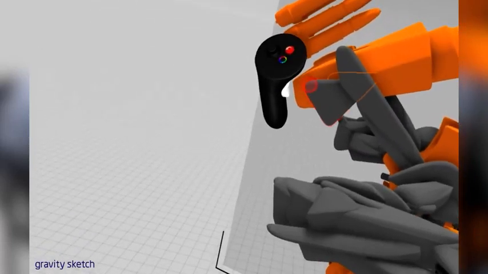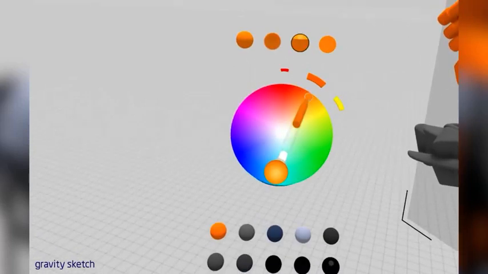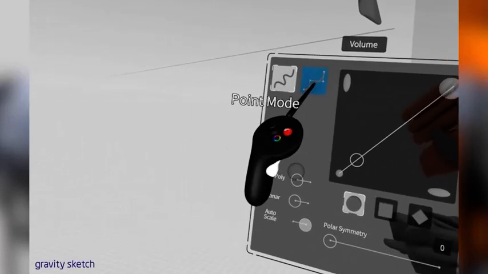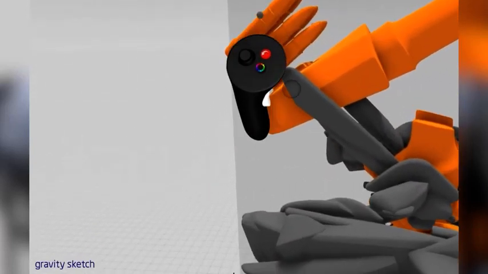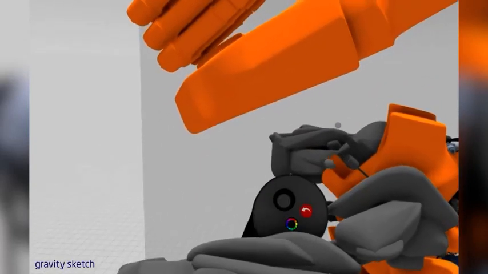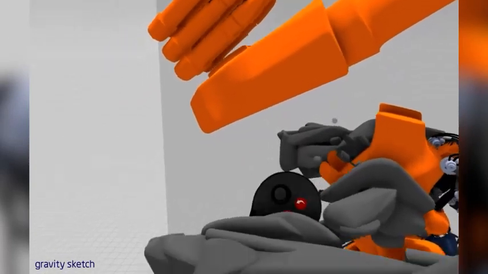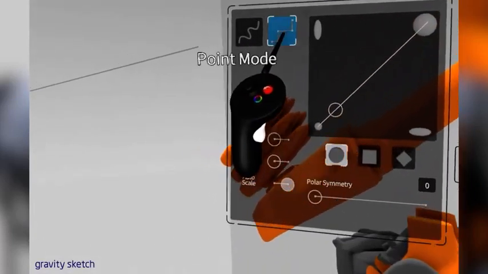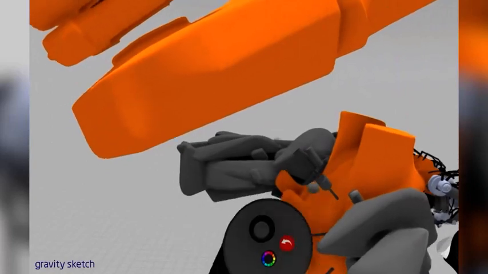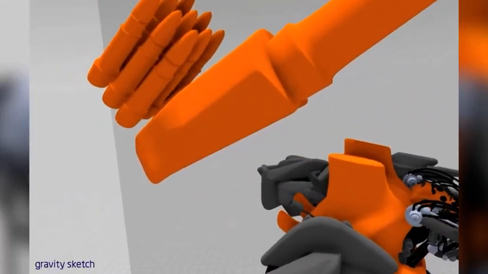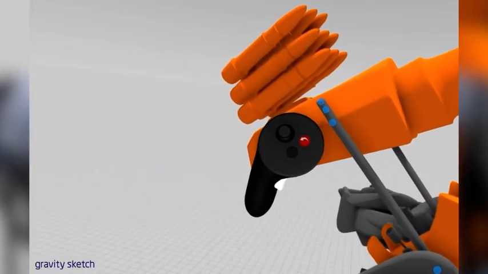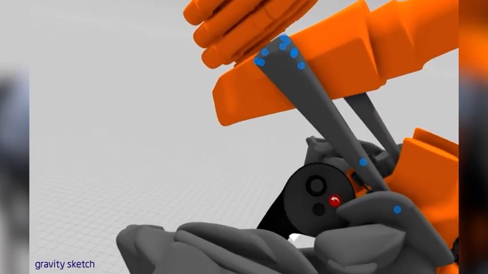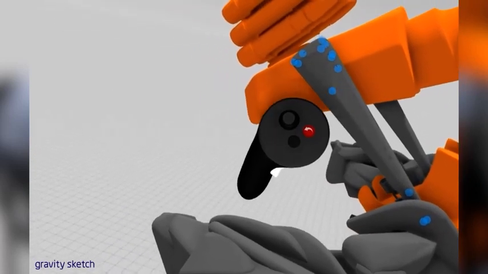So we'll move this away now, and we'll go back to the grey, and we're going to use this tool, which is the volume tool. You must go back and have a look at the older one if you don't know some of these tools, because these are the ones that will really help you to make the shapes that you want. So again, volume, point mode, and this is going to let us draw shapes quite simply. So I'm just going to build up some simple shapes first of all for the support, and this is going to be the thing that,